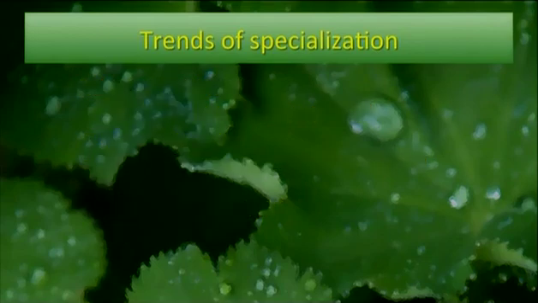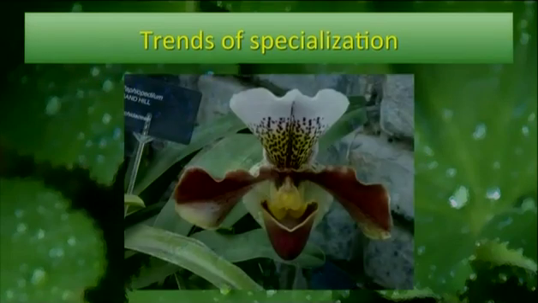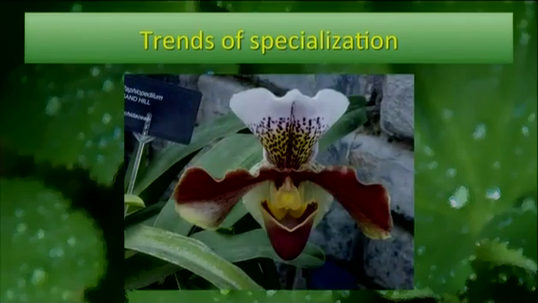Well, for example, we have an orchid. So here we have a picture of a Paphiopedilum. Okay. And you can see that the flower is bilaterally symmetrical. If you cut it in half longitudinally this way, you would have mirror images. Not just that, in this flower, here's a sepal. Here are two sepals that are fused. Okay, here's a petal, here's another petal, and here's a third petal which is differentiated into the lip.